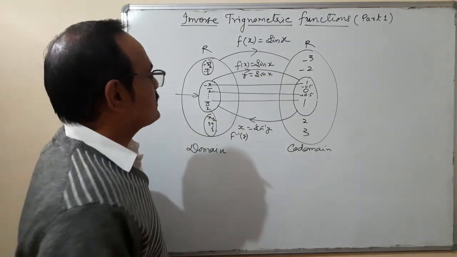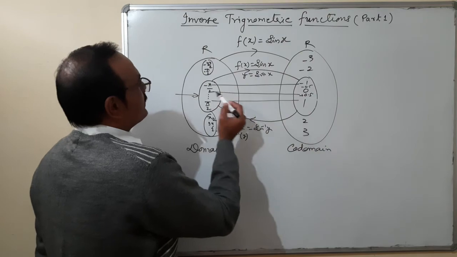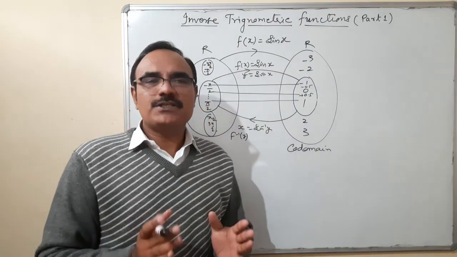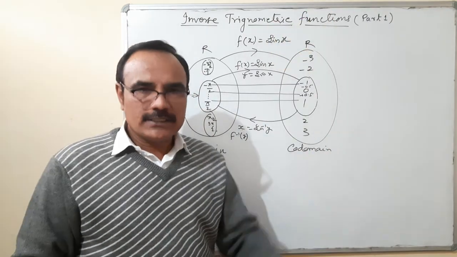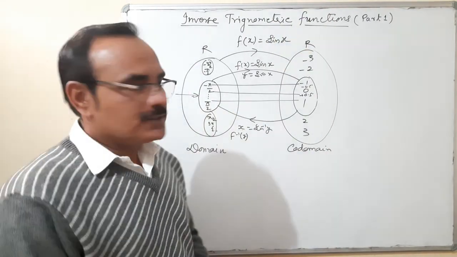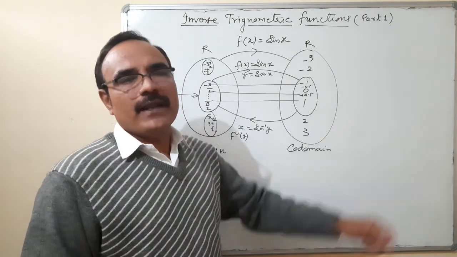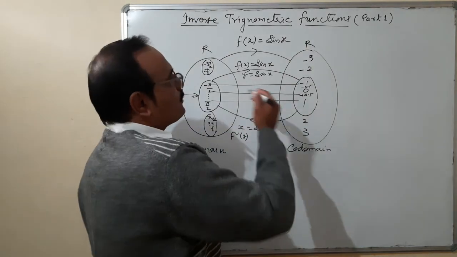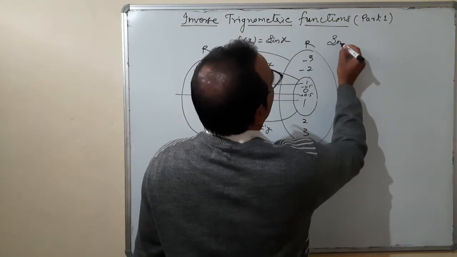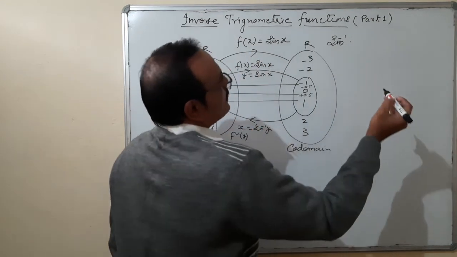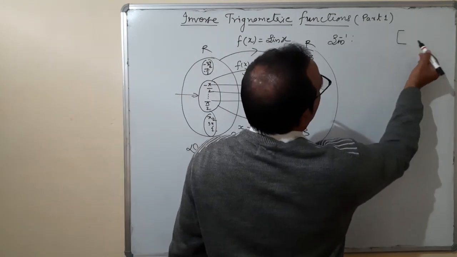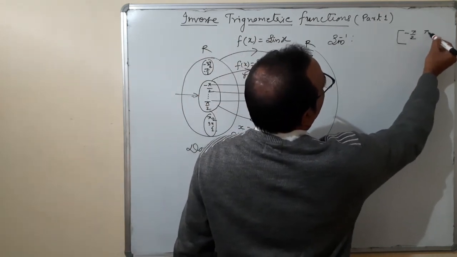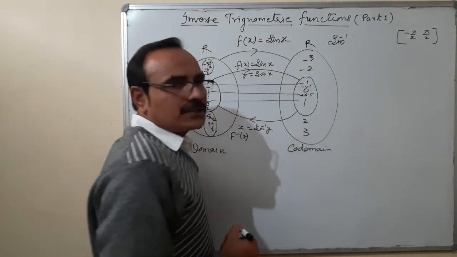Here one important thing is, you can see this is the domain and that is the range. So here minus pi by 2 to pi by 2 is considered as a principal value branch. So now let us see how many principal value branches there are, and I am making a table over here. For finding the principal value, we need the principal value branch. So the principal value branch for sin inverse is minus pi by 2 to pi by 2.